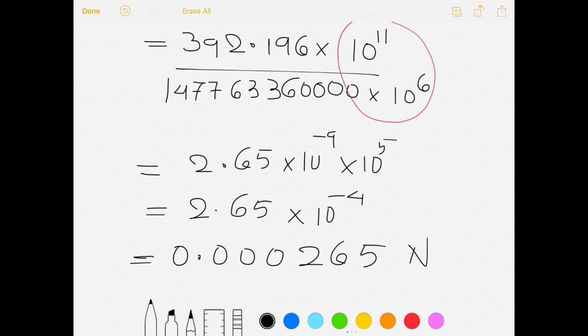We are attracting each other. The moon is attracting me and I am attracting the moon, but as you can see, the magnitude of the force is nearly zero. That is why the moon does not come towards me, or I don't move towards the moon. This is the reason. This was a huge example, taking huge values and calculations.